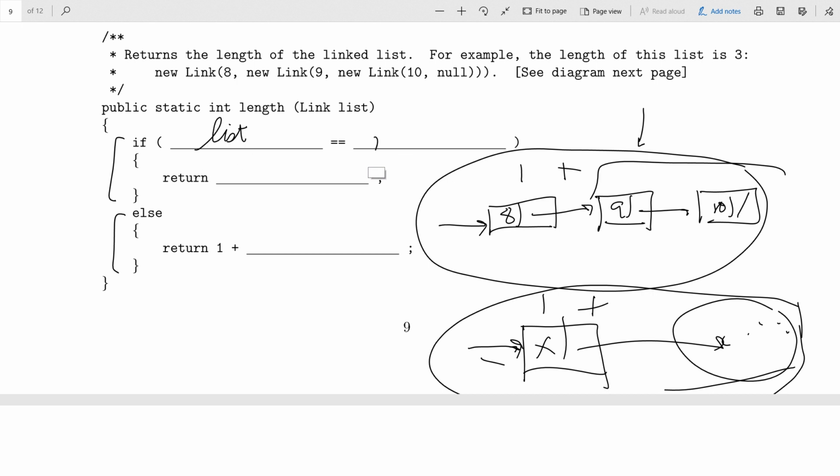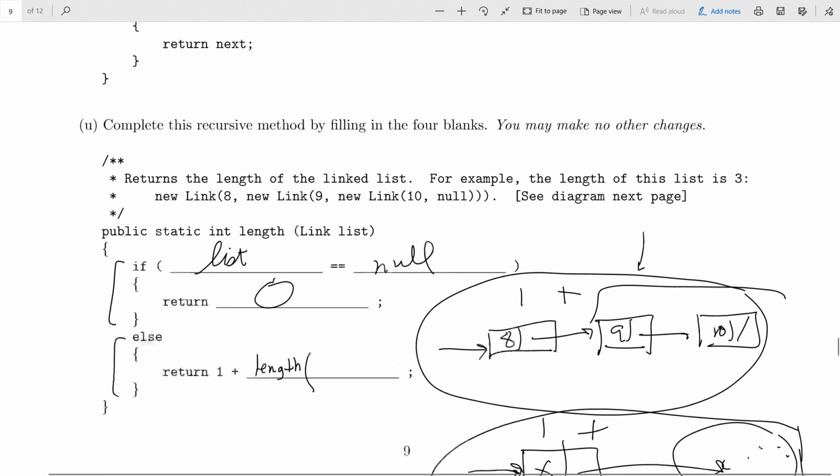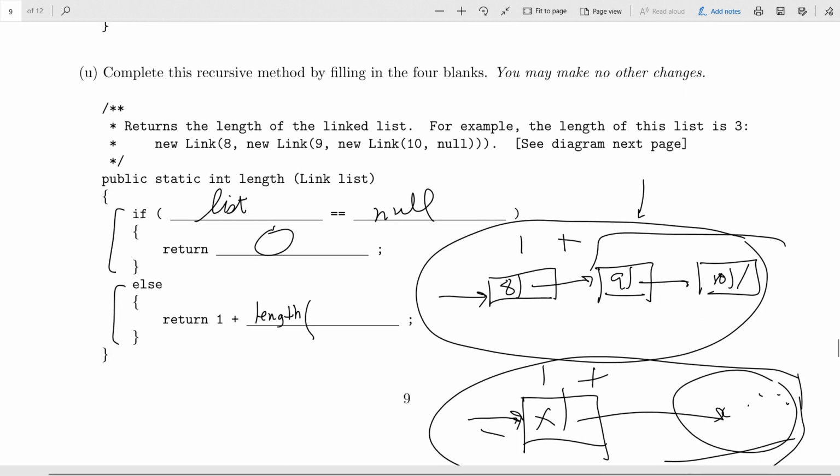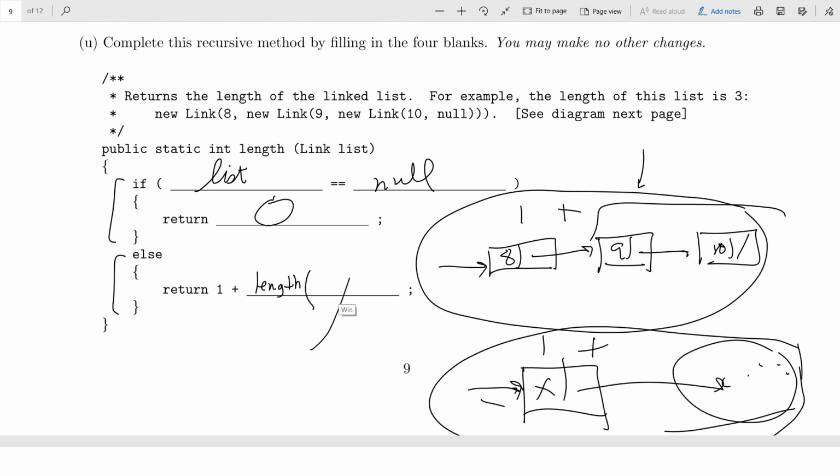If list is null, what do we return? 0. And otherwise, we return 1 plus what? It's the length of the rest. So we need to call length, and how do we get the rest? list.getNext. I don't have room to write it, so I'll write it here.